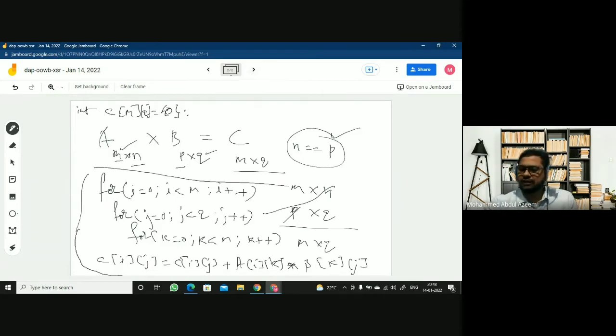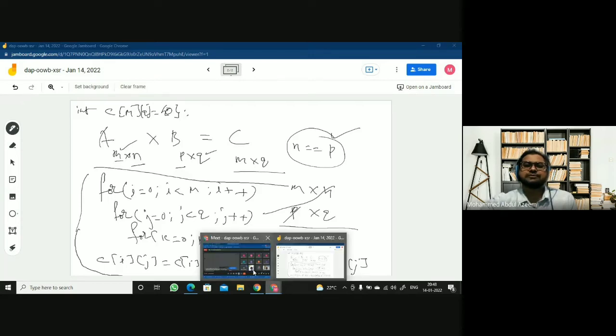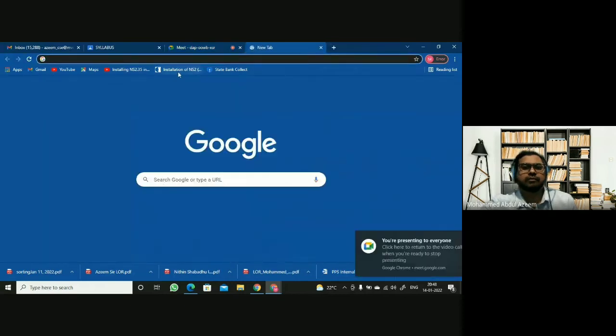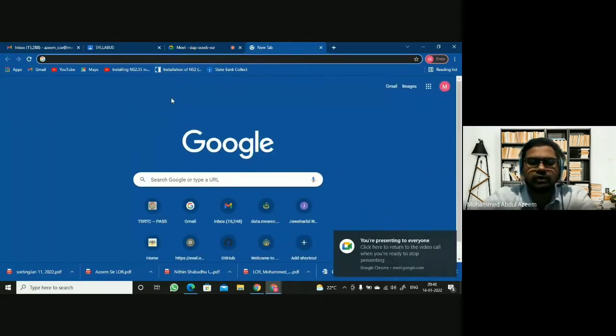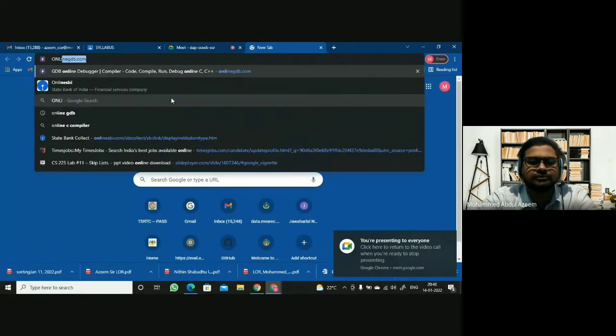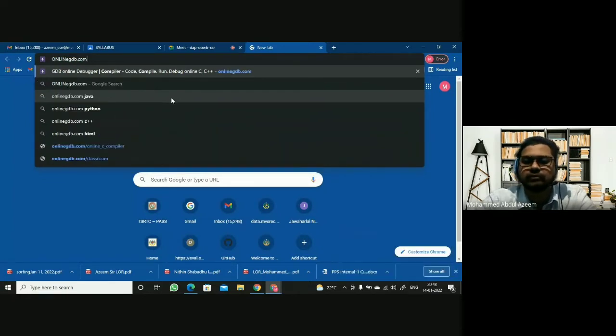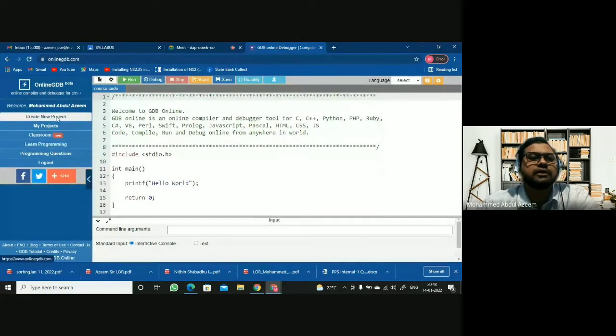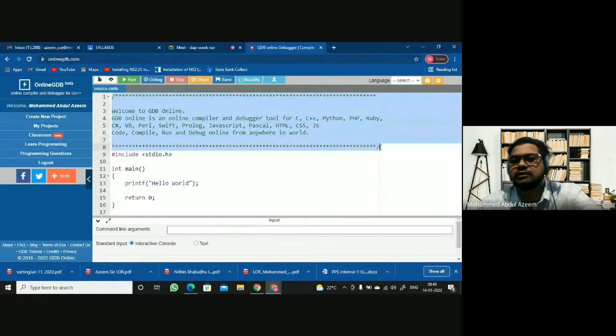We can probably demonstrate it with the help of a program here. I'm using the online GDB compiler here. Let us create a new project. Let us remove these comments.